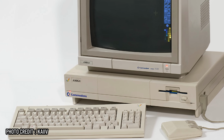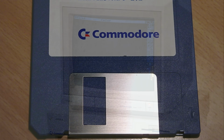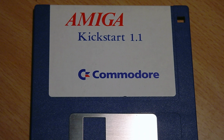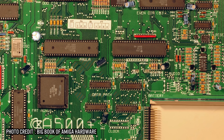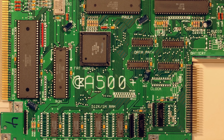The boot up firmware that powers the Amiga is known as Kickstart. The early Amiga A1000 would load Kickstart from a floppy disk as 256 kilobytes of data into an address space that was considered ROM and could not be modified. Later Amigas, such as the A500 and the A2000, had this Kickstart firmware embedded as a ROM chip on the